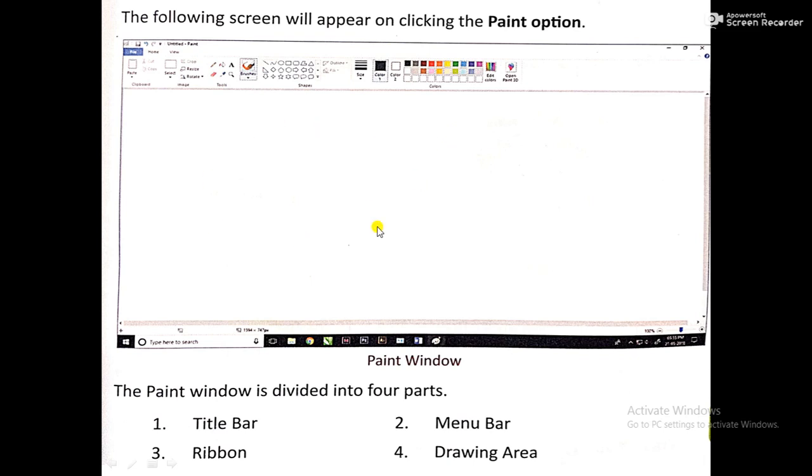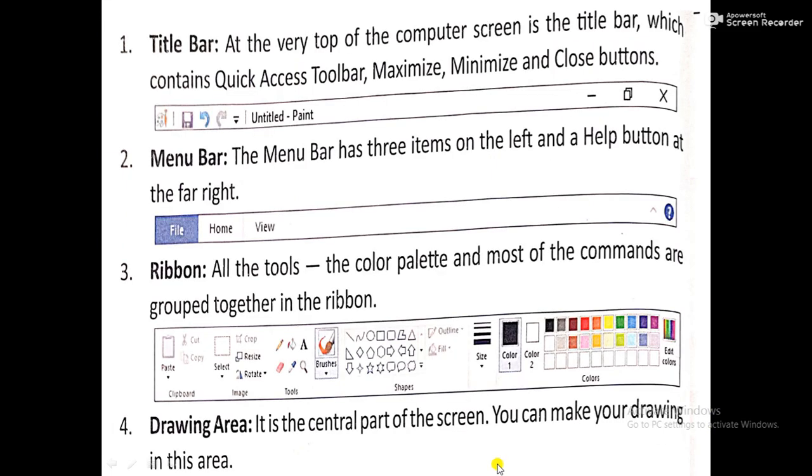This Paint window is divided into 4 parts: title bar, menu bar, ribbon, drawing area. So first is the title bar.